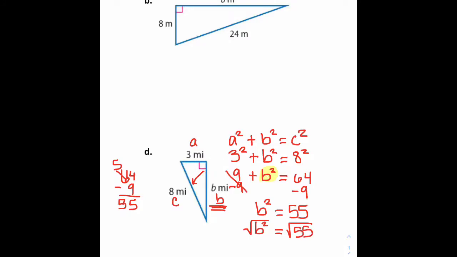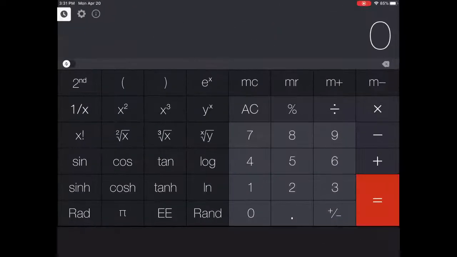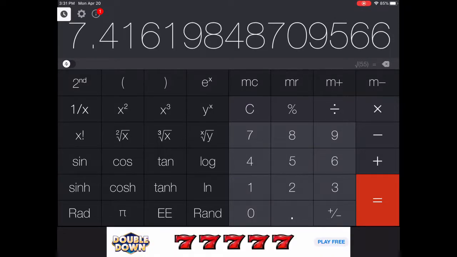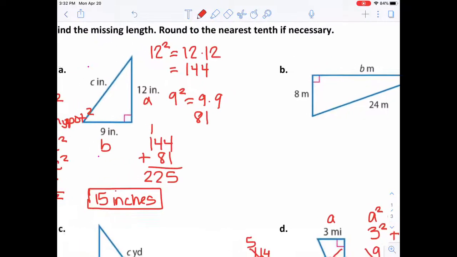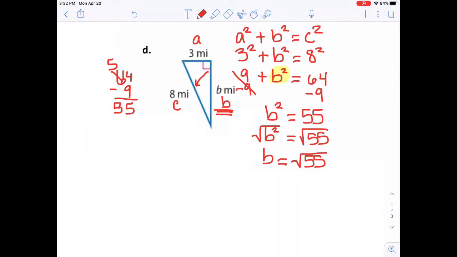Now, the square root of b squared will be b, and you can leave it as the square root of 55, or you can grab your calculator, put in the square root of 55, and hit the square root button. You can see that's 7.416198. It goes on forever just like pi, but we can round it to the nearest tenth as 7.4. So if you wanted to put a decimal answer, you could, but it won't be equal to, because you're rounding, so you're going to put approximately